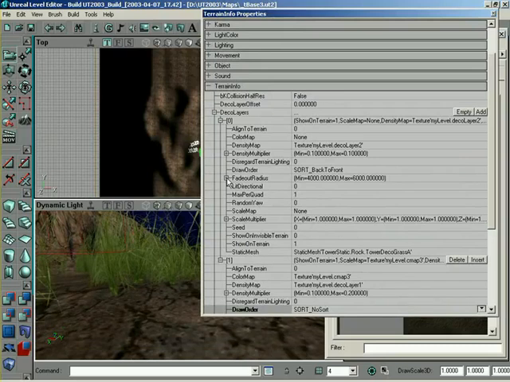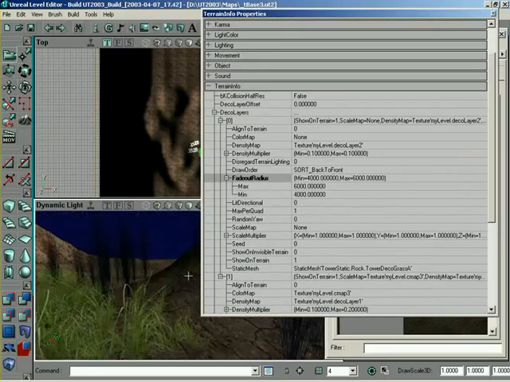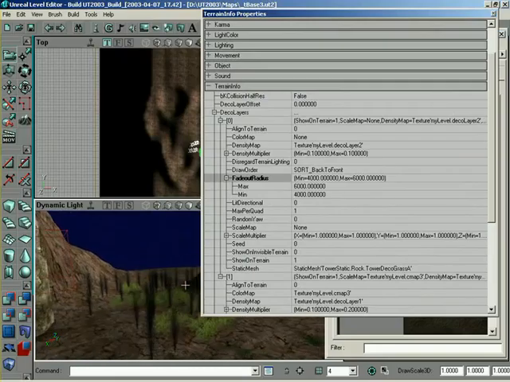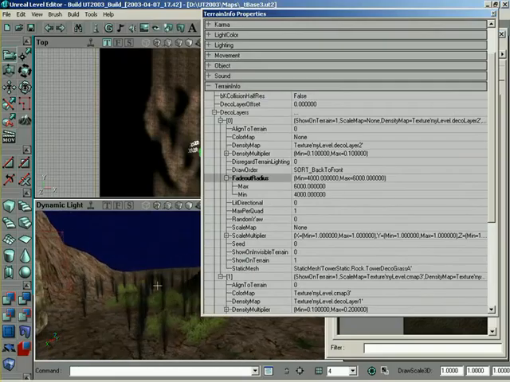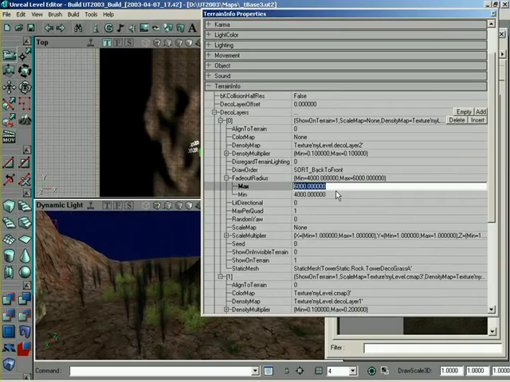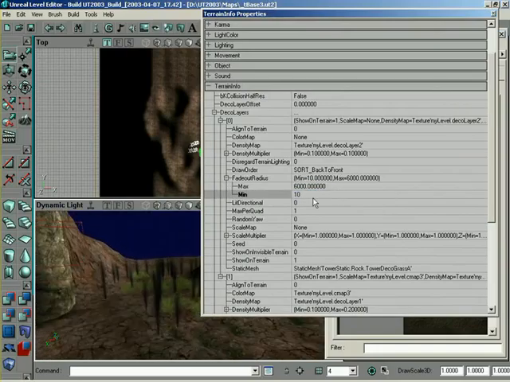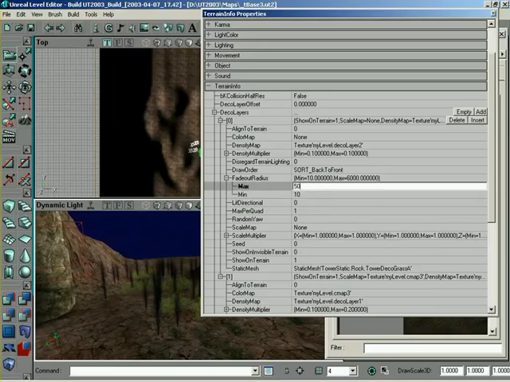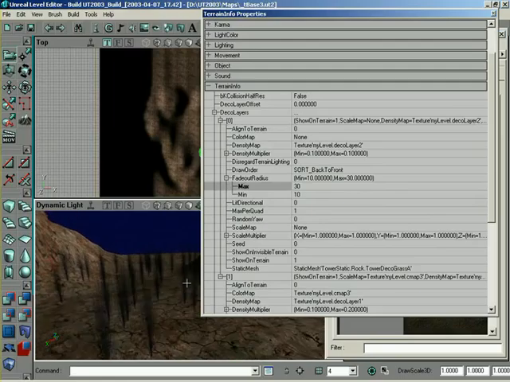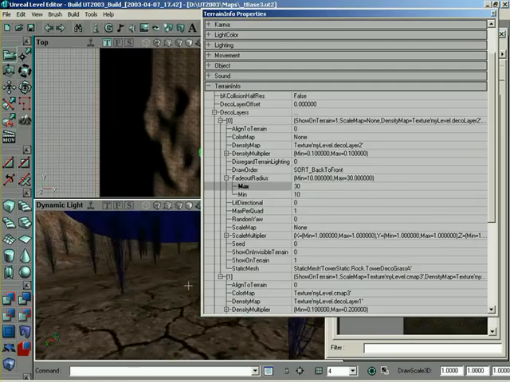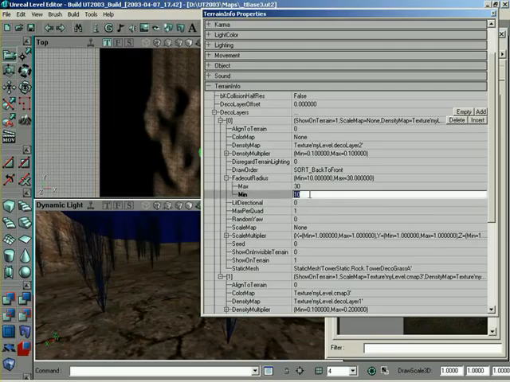Now, fade out radius. You already saw that a little bit when I had to enable this or add a bit of a radius so we could see anything at all. If I was to take these way back down, say about 10, notice how they start to fade out. Let me set this to about 30. Just give a very tight radius. And notice how as I move the view really close, alright, I'll have to up that some more. 100,